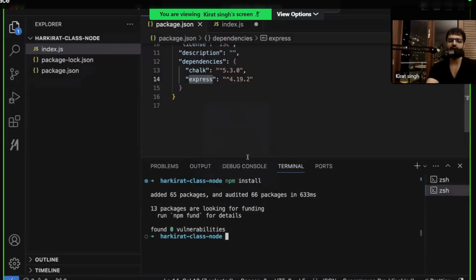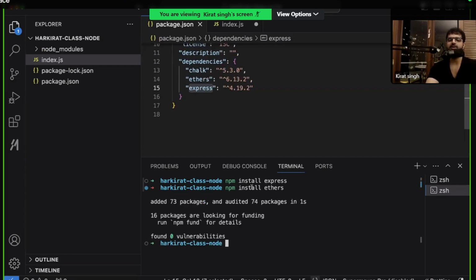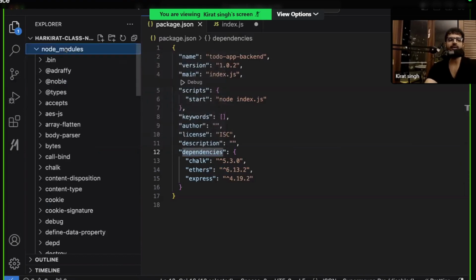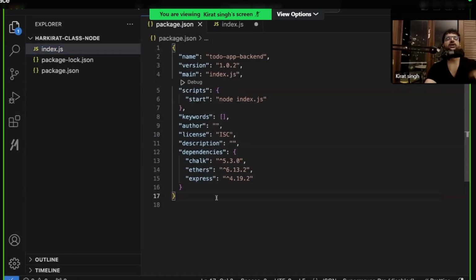We are learning that whenever you install an external dependency, npm install, I don't know, what is a good external library to install? Let's see. Ethers. Whenever I run npm install ethers, it gets added here. It also gets added to package.json in this dependencies section.